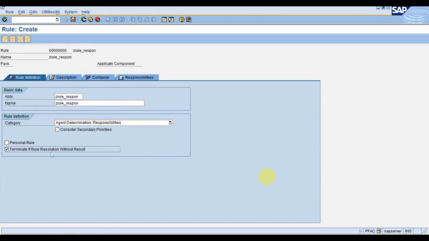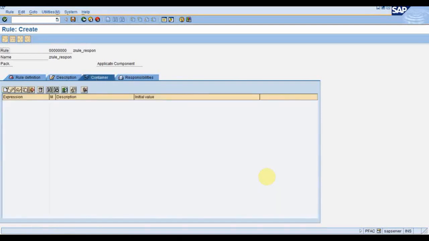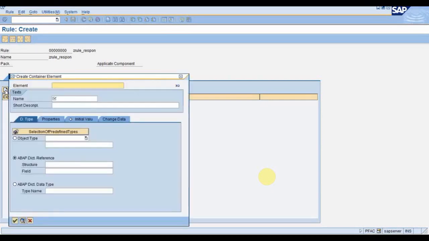Just check this, and then going to the container, we will have to create one element or variable, depending upon which I will be fetching the agents, because I can only import the variables, I cannot export anything. So based on the importing variable, suppose yesterday we were doing it based on the company code, we were fetching the user IDs. So based on, suppose, level, I'm trying to fetch the user IDs. So I'm creating one container element,